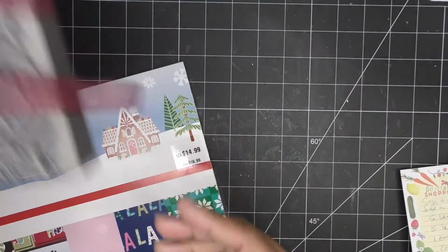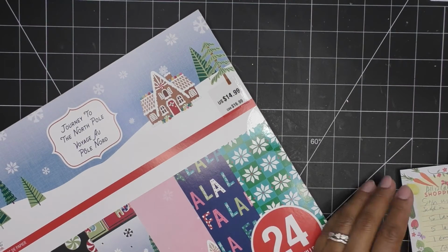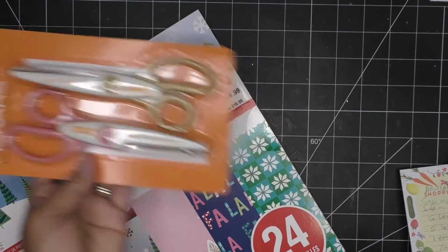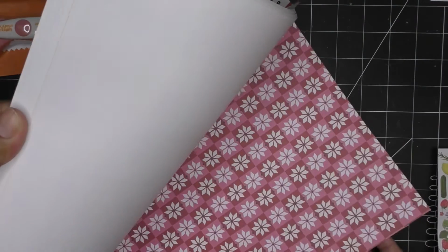I even recently picked up, again, because everything old is new, these guys. You can even use something like this to cut a little decoration on the top of your pockets, so they're not just real plain, but we'll talk about that in just a minute. So I'm going to just grab